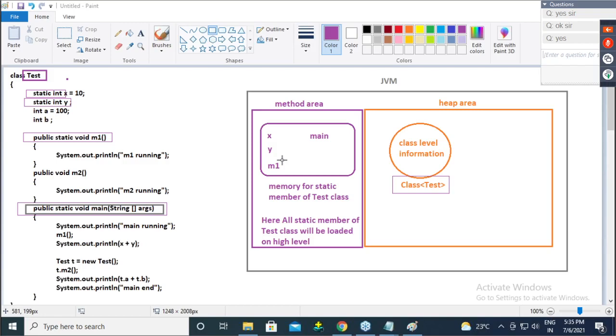Because of that, only one time static members get loaded in a JVM. Is it clear, everyone? Okay. Fine, Harsh. So I guess now you got crystal clarity.